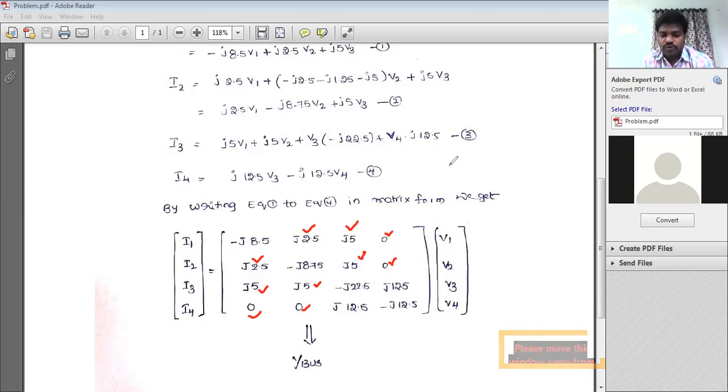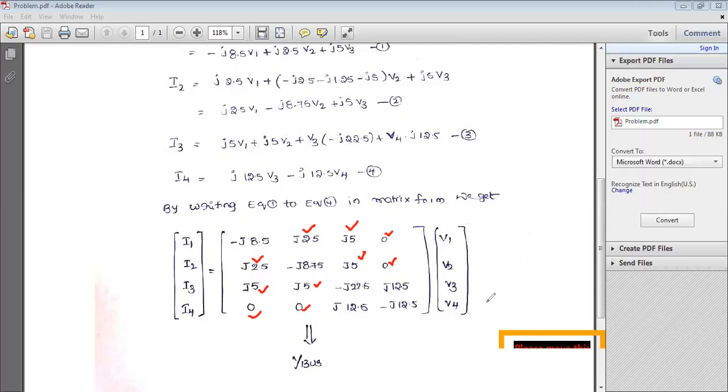Now please make a note and note down this answer. With this we are going to conclude chapter number 1. Now we are going to move to the next chapter, that is load flow or power flow analysis. We are going to complete the introduction part today, and in brief we are discussing that chapter in tomorrow's class, right? Please note down the answer.